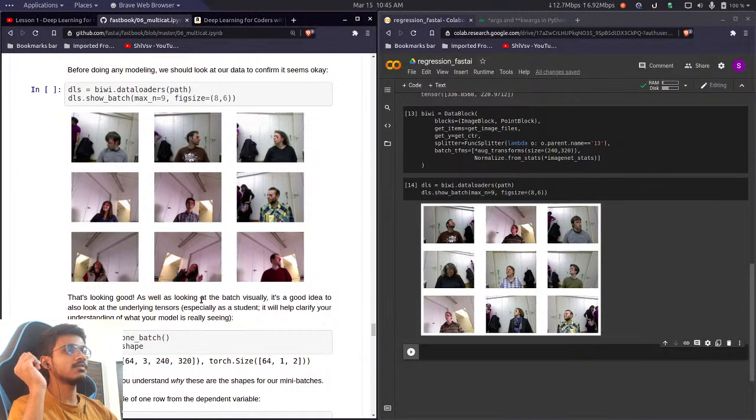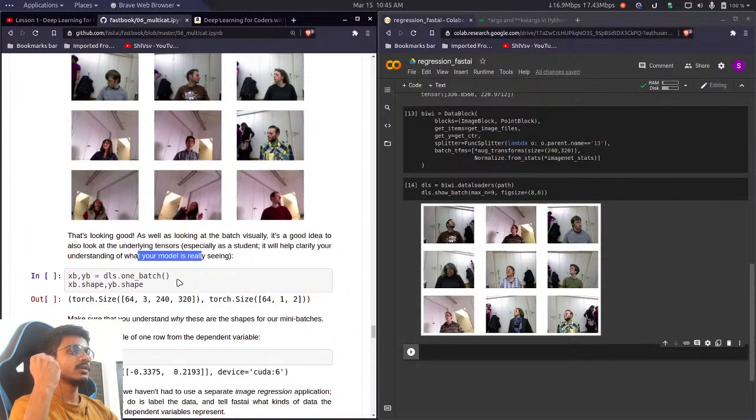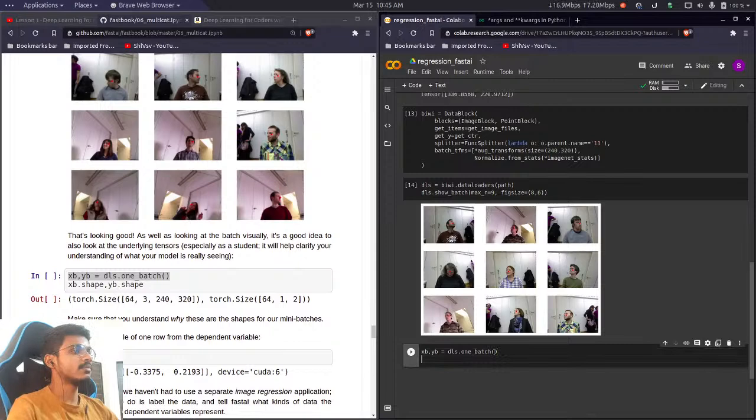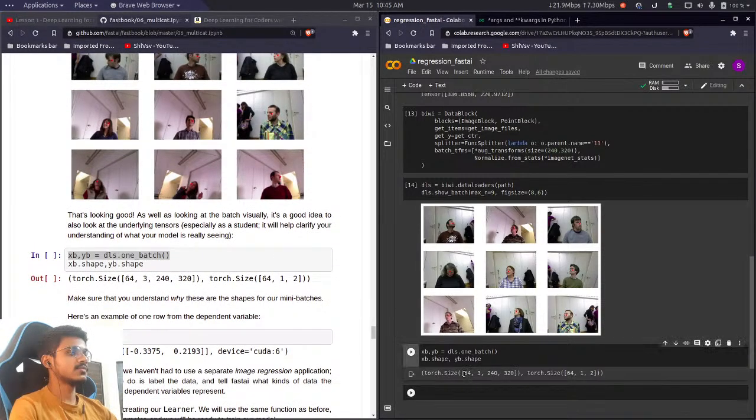That's good looking. As well as looking at the batch visually, it's a good idea to also look at the underlying tensors, especially as a student. It will help clarify your understanding of what your model is really seeing. Okay, so let's get one batch and put the independent variable inside xb and the dependent variable inside yb. Let's check the shape of xb and yb. 64, 3, so it's a rank 4 tensor. 64 is the size of the batch